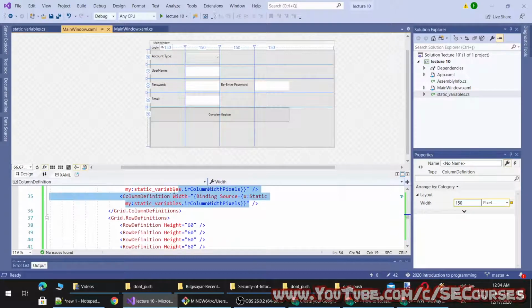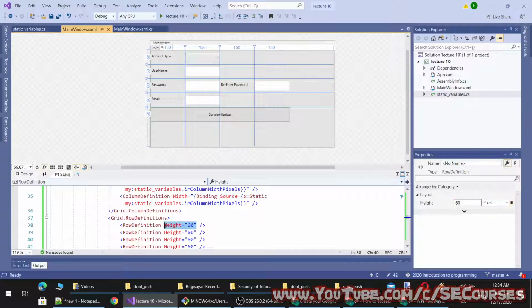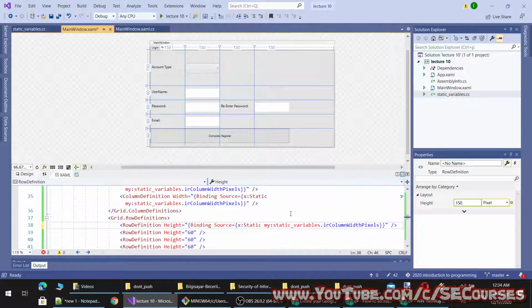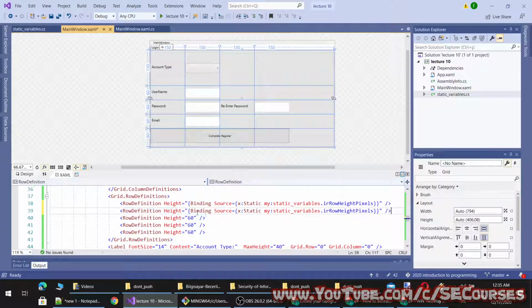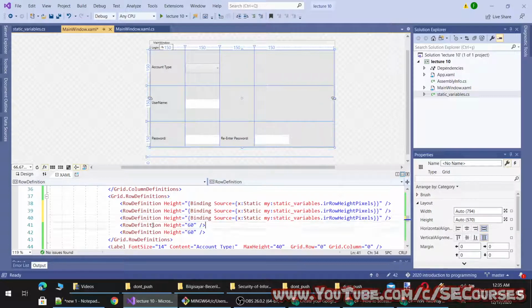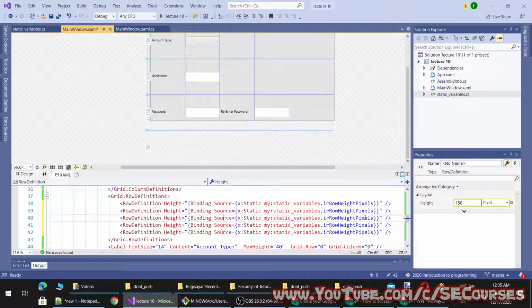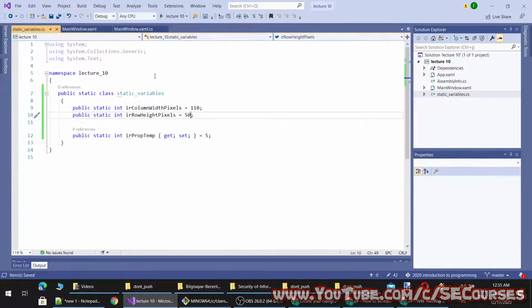So it will be equal to, okay, it says it's string but it is not. And let's run the application.